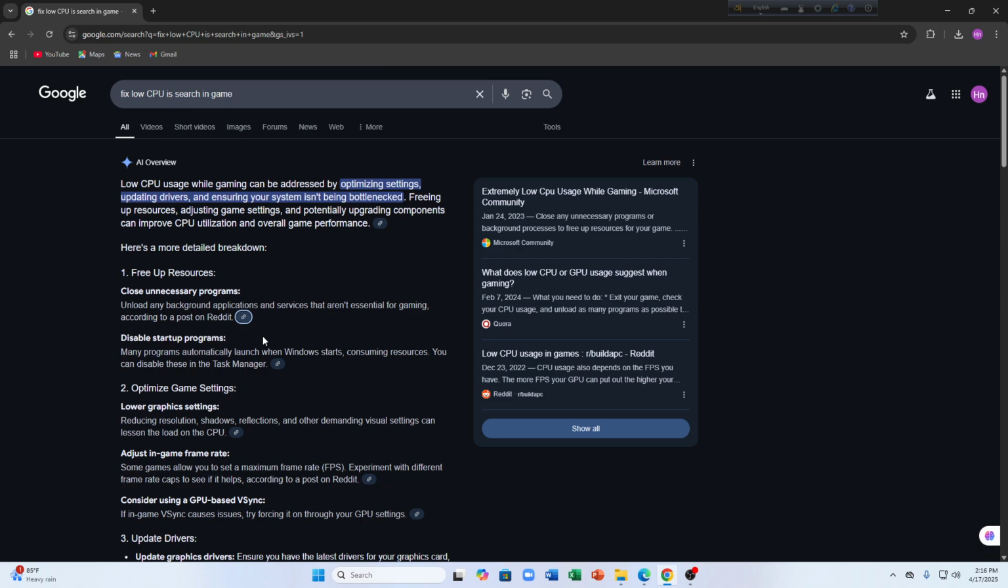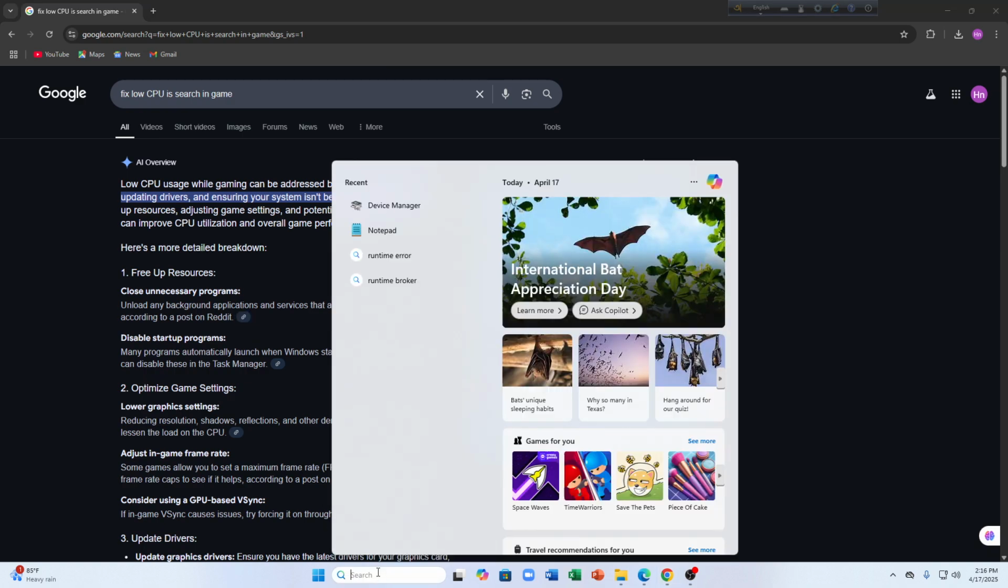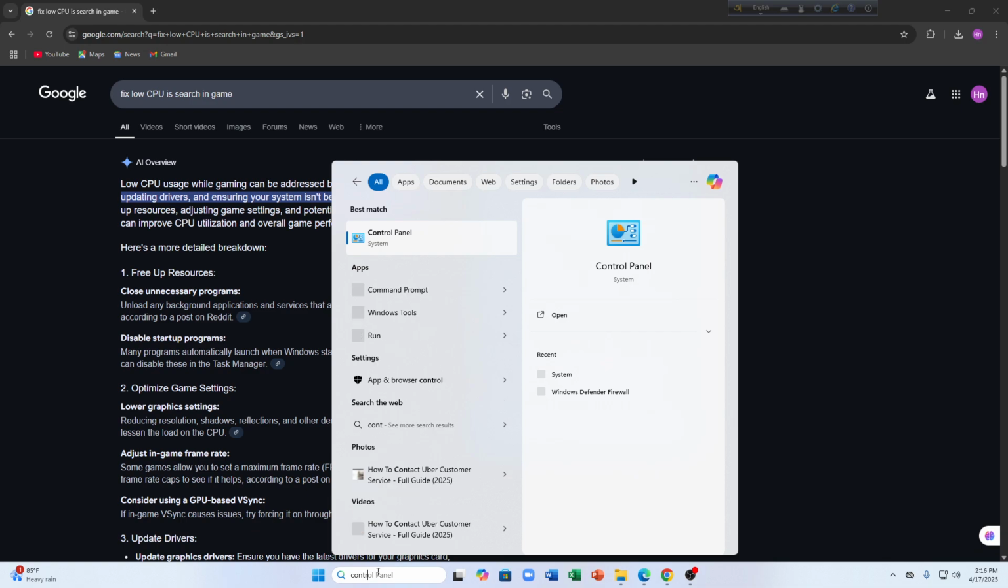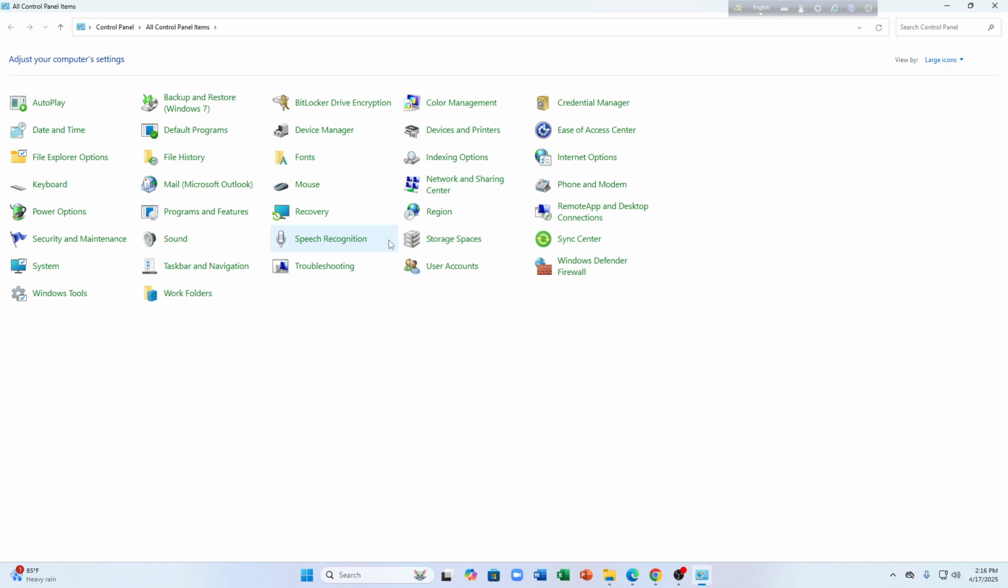First of all, you have to open your Windows PC, click Start, and search for Control Panel. Here you can see this, tap onto it, go to System and Security, search for the System and Security option,